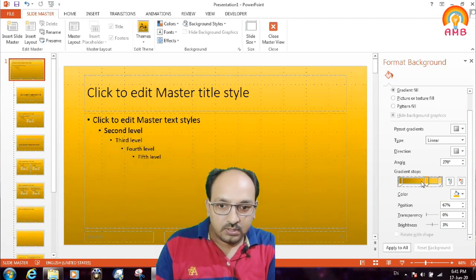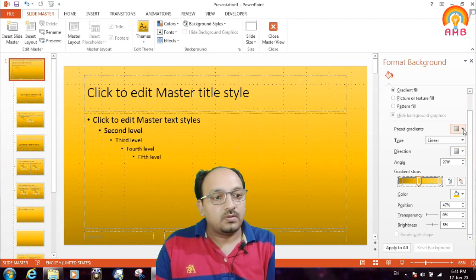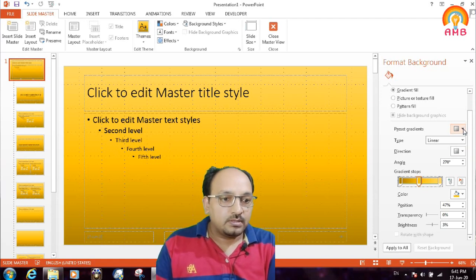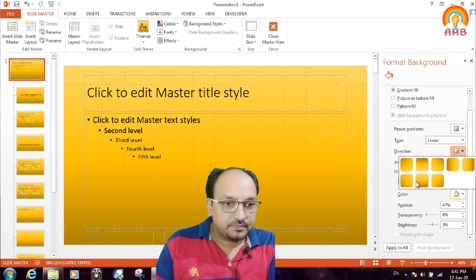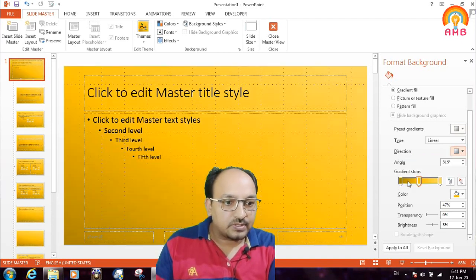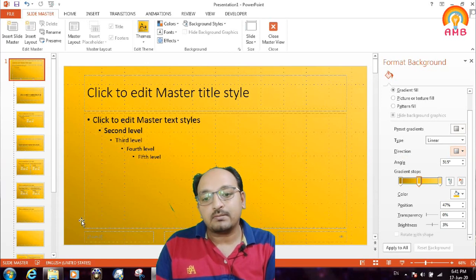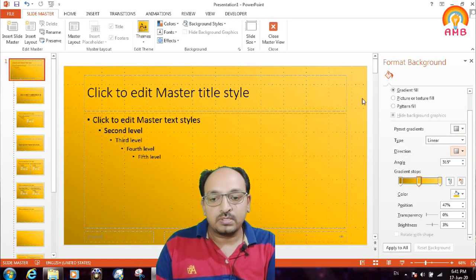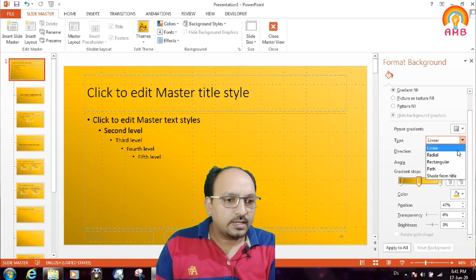So this type of change in the gradient can be seen. Or you can select the gradient direction from here. The gradient dark goes to this corner and faint comes to this corner. So you can select a variety.